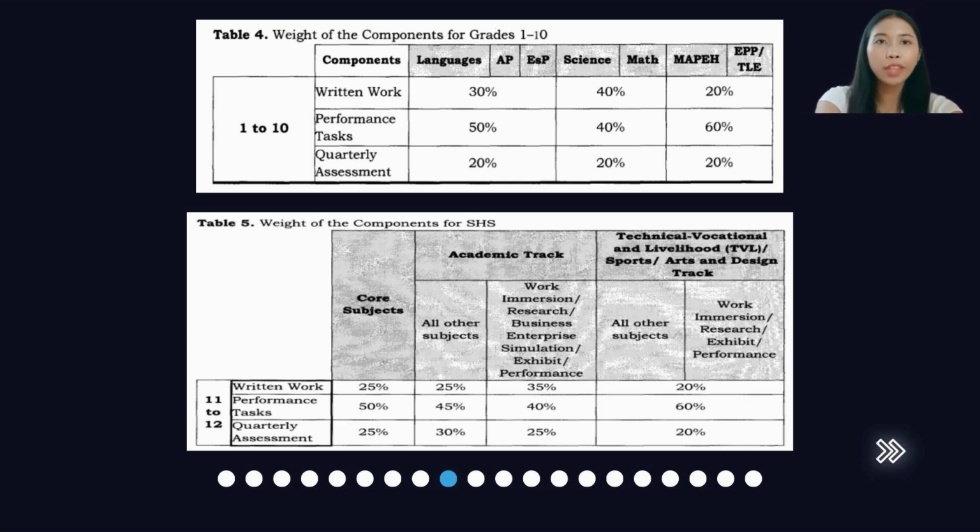In conclusion, the K-12 grading system of DepEd represents a significant reform aimed at improving the quality of education in the Philippines. By emphasizing standards-based assessments, comprehensive evaluation, and holistic development, the system seeks to equip learners with the necessary skills and competencies for lifelong success. While challenges in the implementation persist, the benefits of a clearer, more holistic approach to grading are poised to positively impact the educational landscape in the years to come.